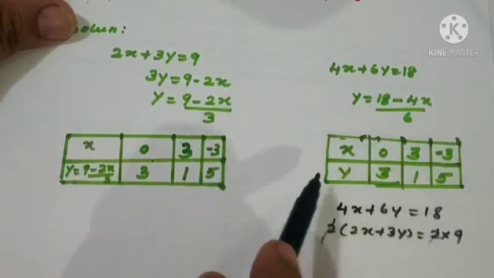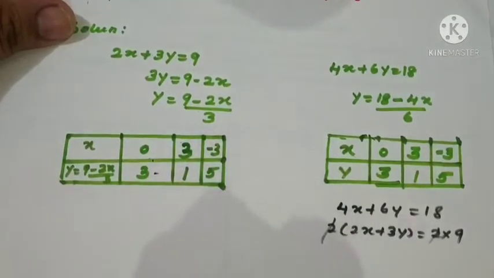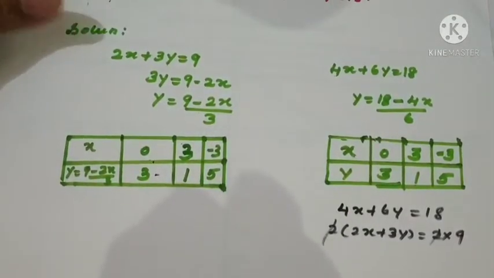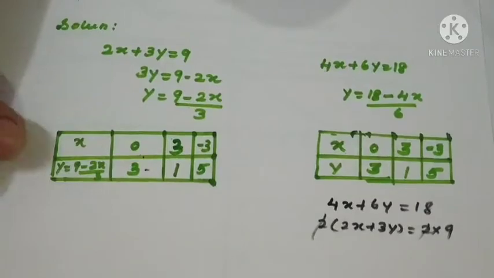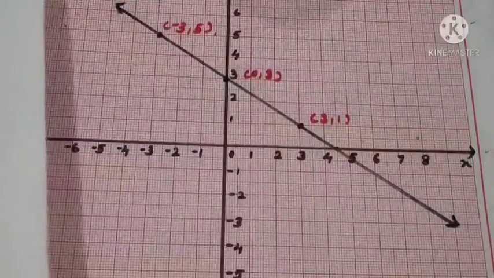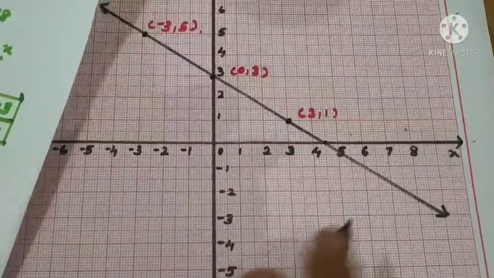18 minus 4x by 6. By seeing only you can understand. So two table solutions you write and draw that, but still you will get one line only. Any other point also, if you take, it will fall on the same line only. Now see the graph we have got. We got the same line only, but here what is the problem? On one equation only we should write a 2.